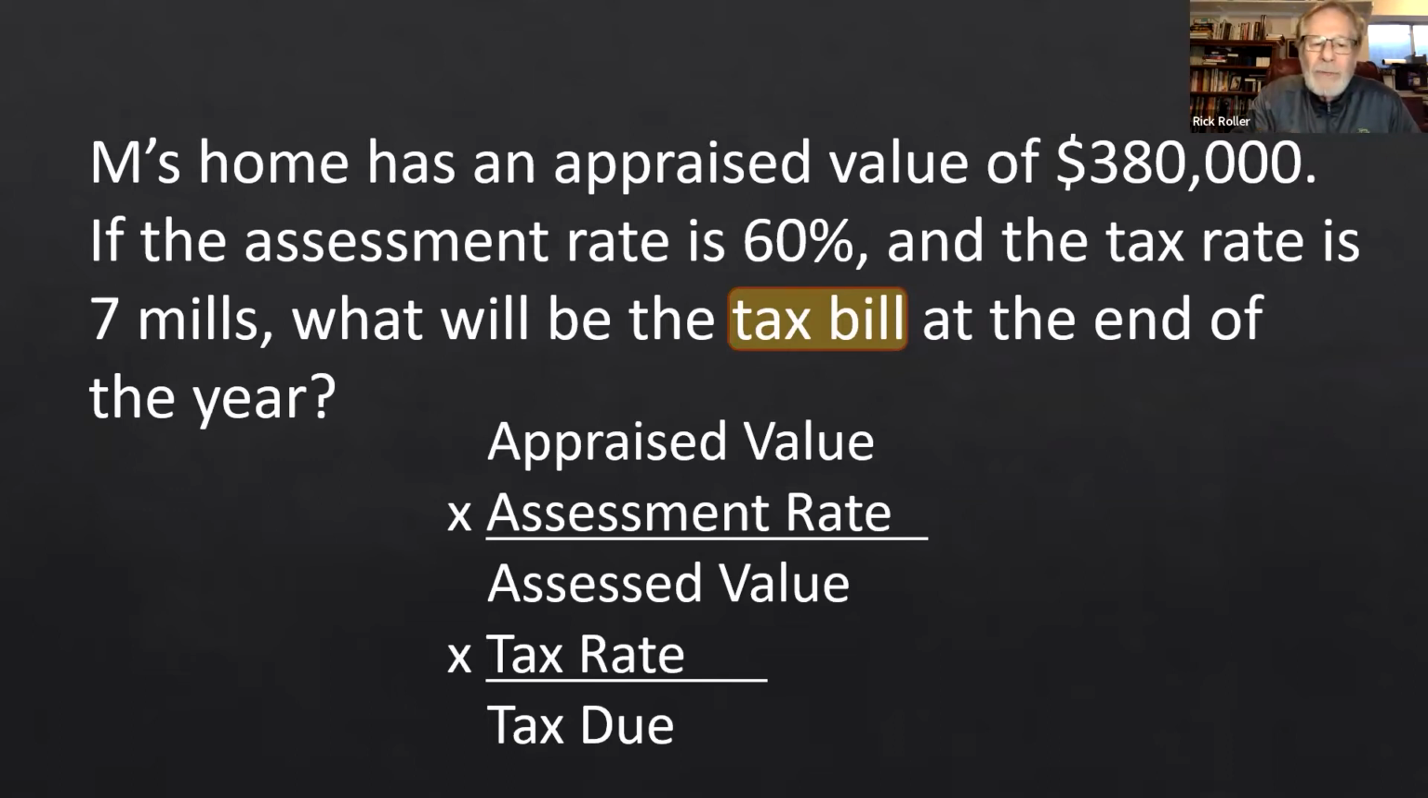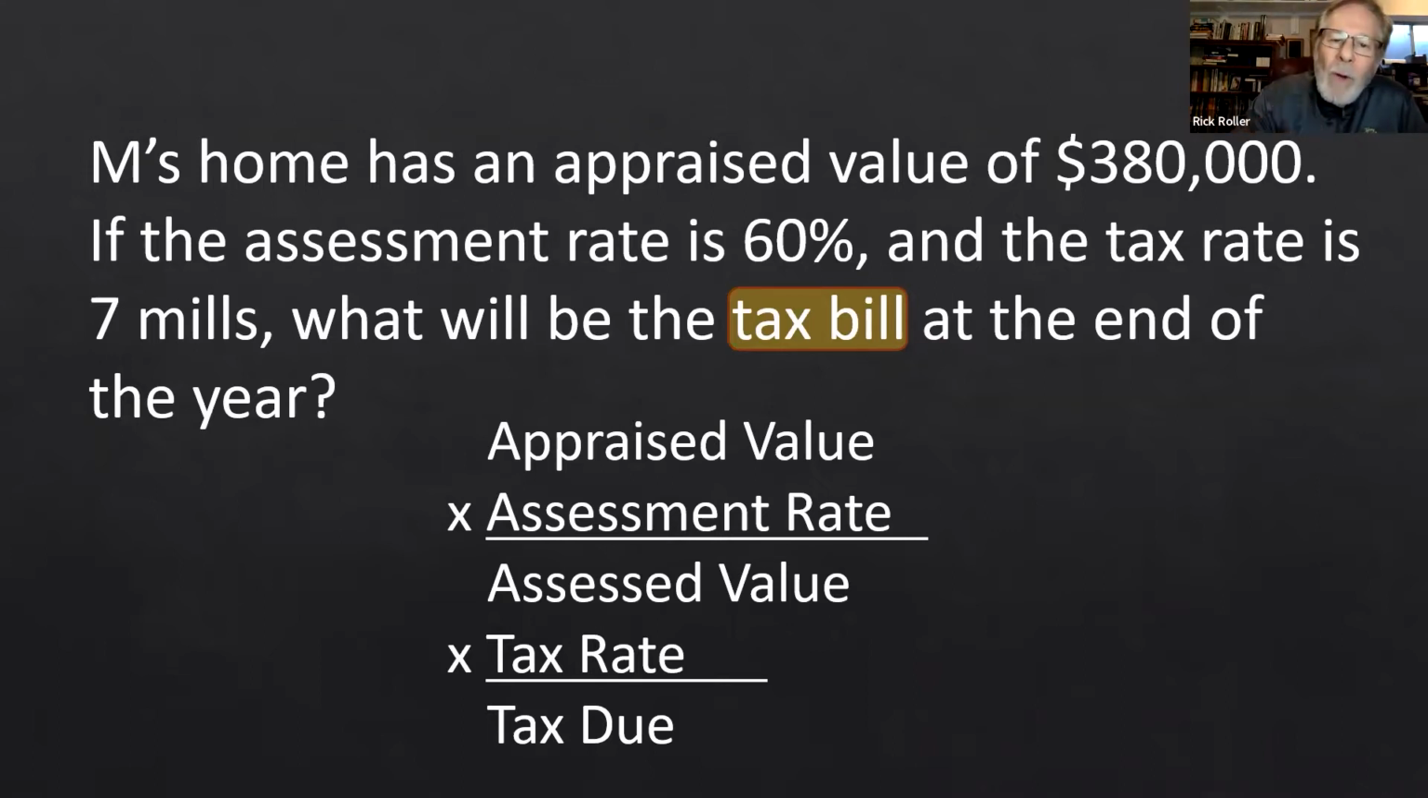This is the equation you need to know for tax bills. The appraised value times the assessment rate gives you the assessed value, times the tax rate gives you the tax due. Now, they're looking for the tax bill, or tax due, and that's on the bottom of our formula. That's great, because this is the formula you need to know. Some people remember this if you're a poker player with a full house: three aces over tens. I think that's a pretty good winning hand in poker. But anyway, the point is,